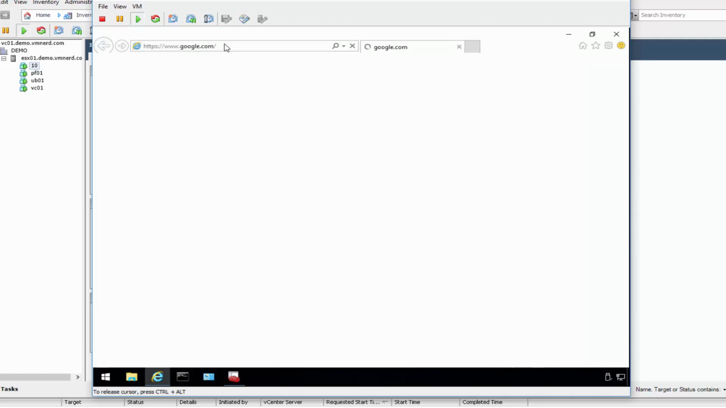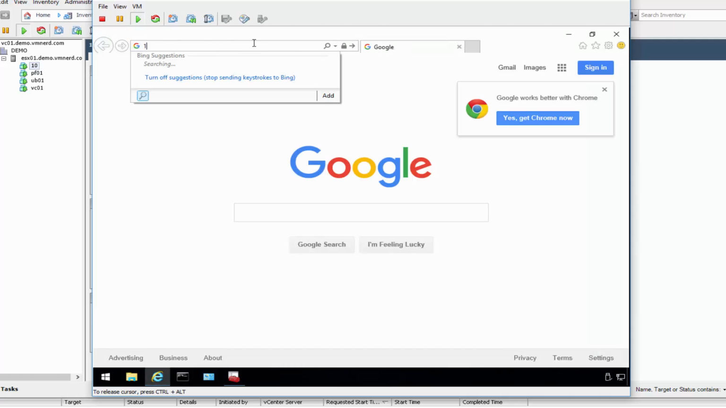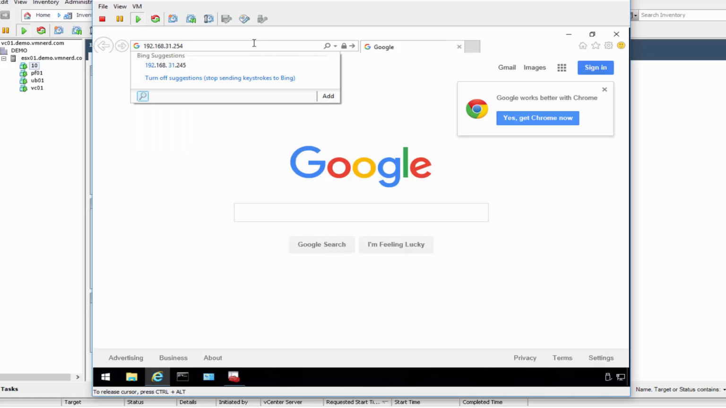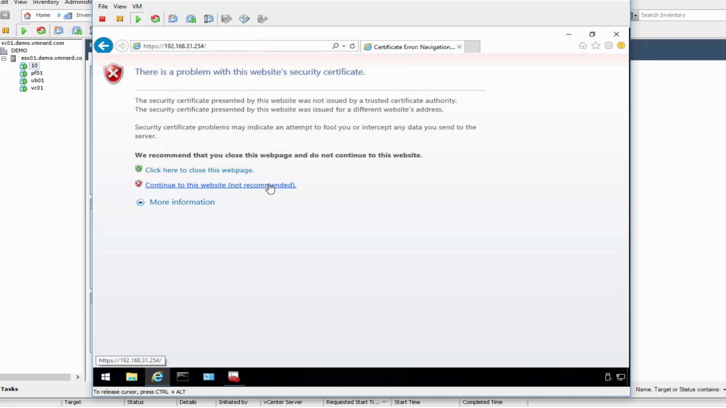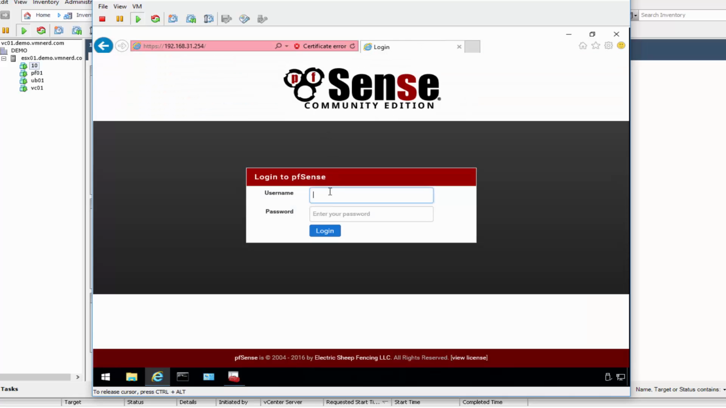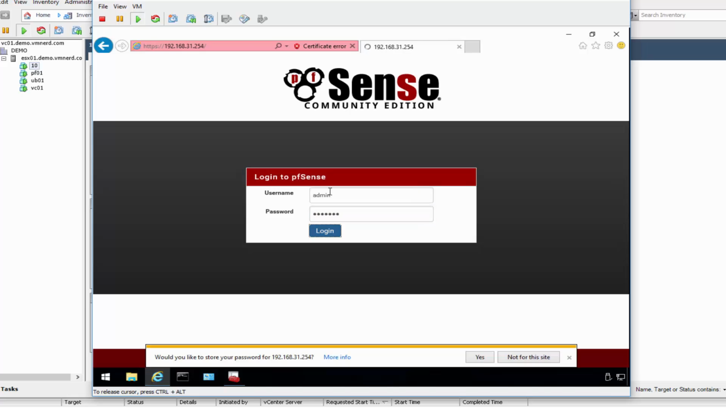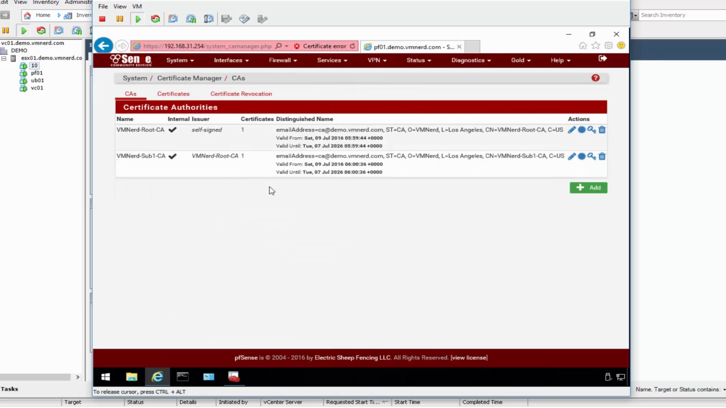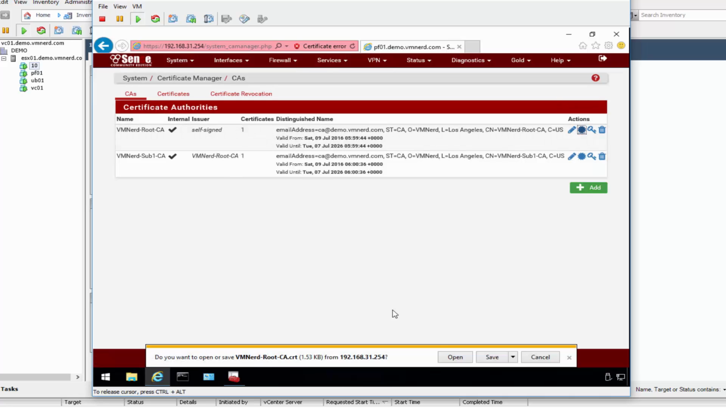Okay, so let's go download the certificates. Remember, it was 31.254 since this is the trusted side. Okay, and again, we still don't trust it yet. But by the time we're done, we will. Okay, so certificate. Let's go ahead and, I mean, realistically, all we really need to do is download this,